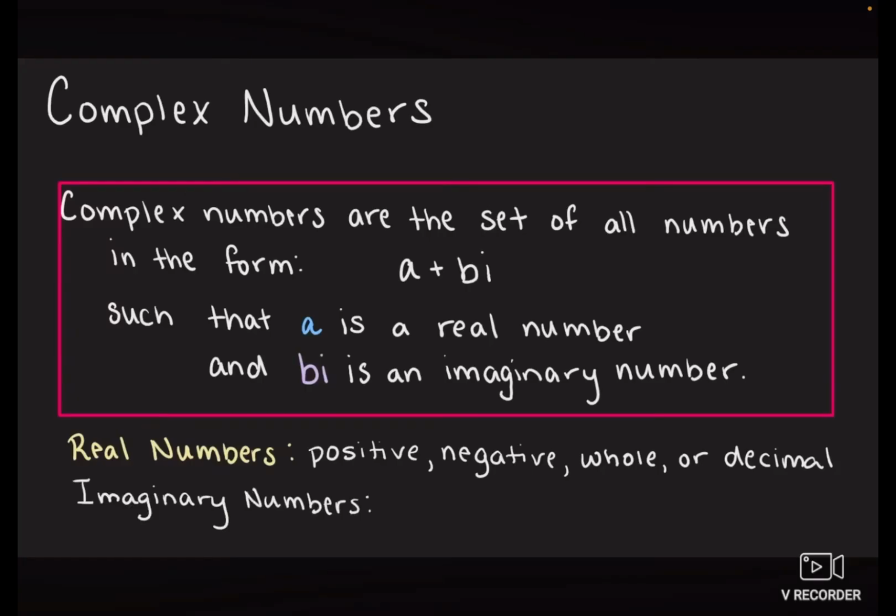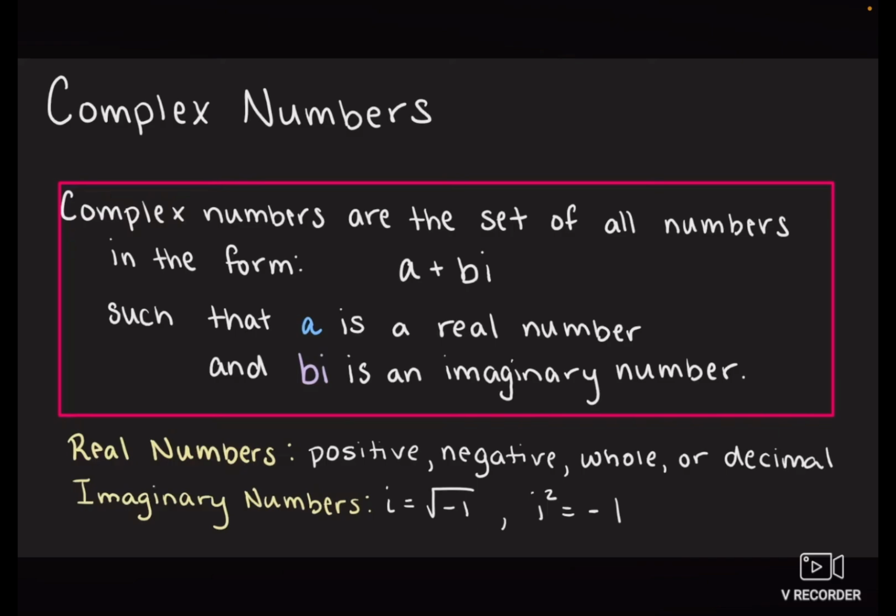Complex numbers are the set of all numbers in the form of a plus bi, such that a is a real number and bi is an imaginary number. Real numbers are positive numbers, negative numbers, whole numbers, or decimal numbers. Whereas the imaginary number is i, which is equal to the square root of minus 1, and i squared, which is equal